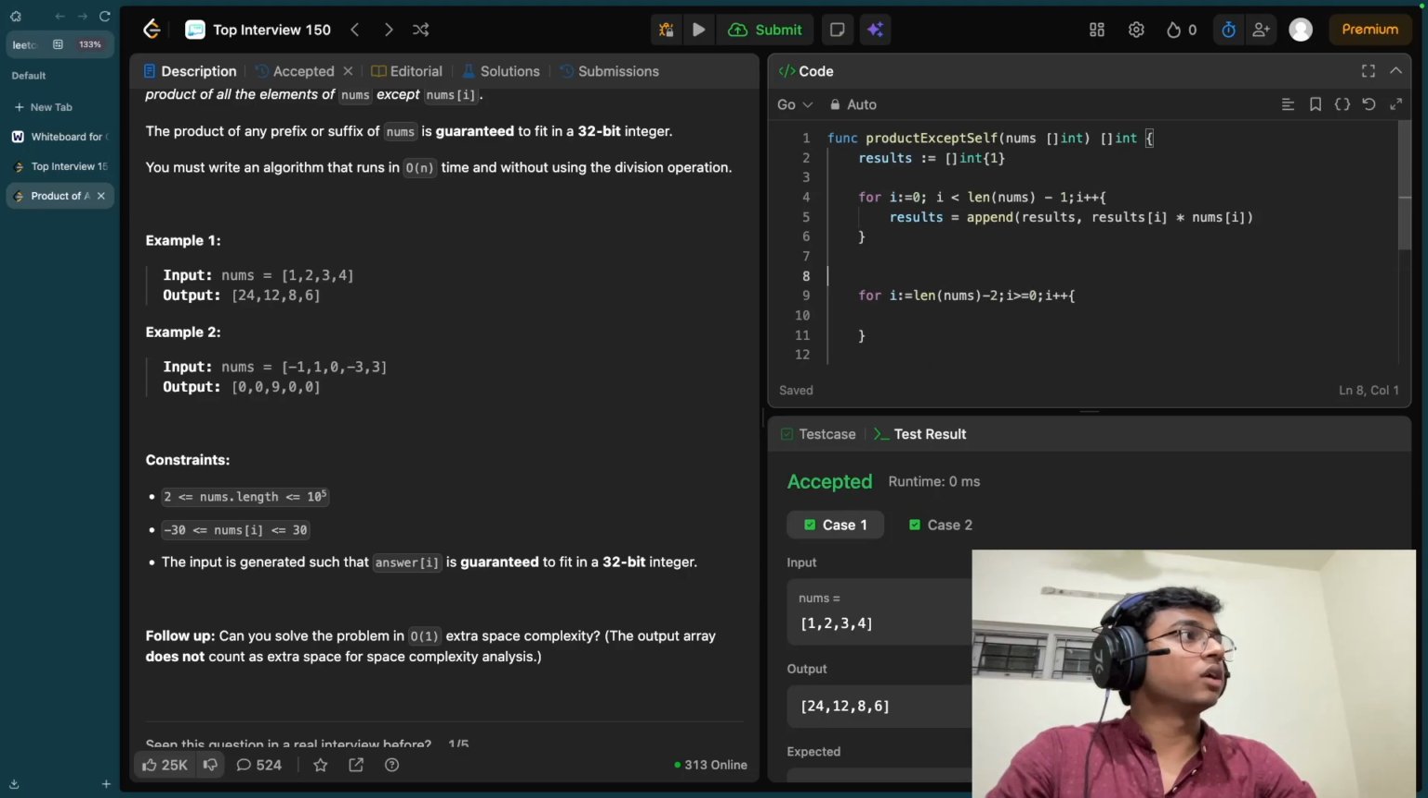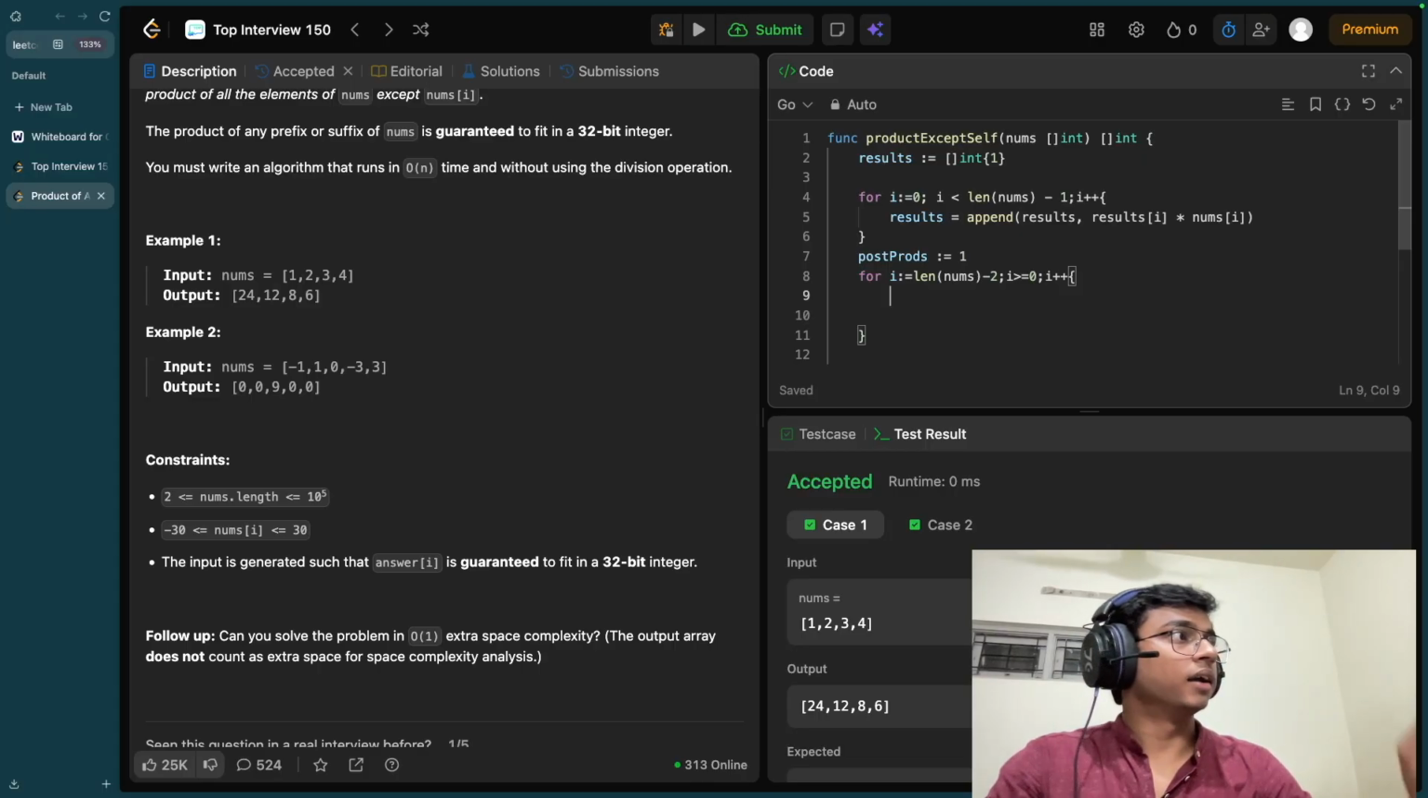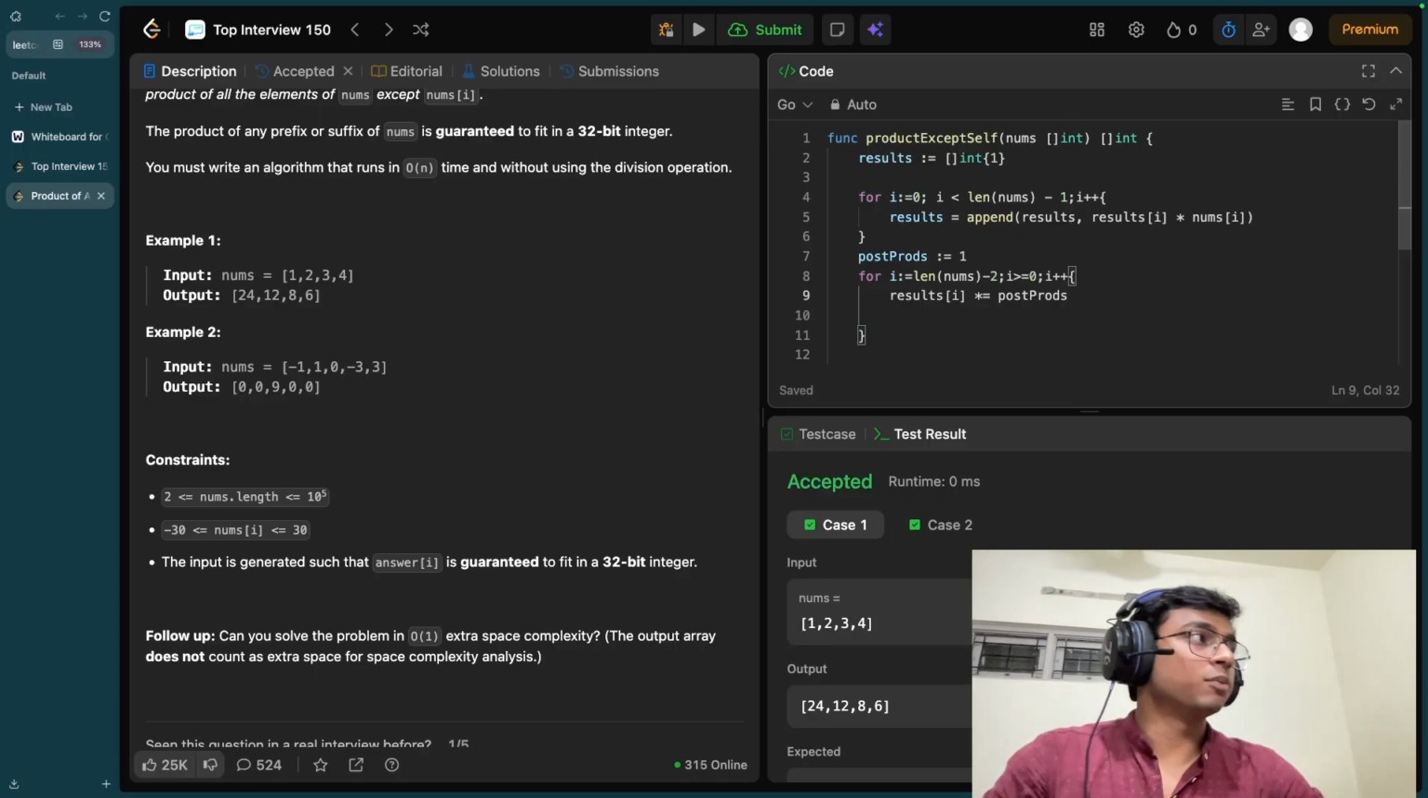And as we discussed, we are going to maintain another variable, which is our post prods, which is going to be a simple integer, and that is going to be initiated at 1. So what we are going to do here is we are going to multiply the particular index we are at right now by our post prods. So results i is going to be equal to post prods. That's it. We don't need a post prods index anymore because it is going to be maintained in a single variable. And we are going to do post prods is equal to nums i